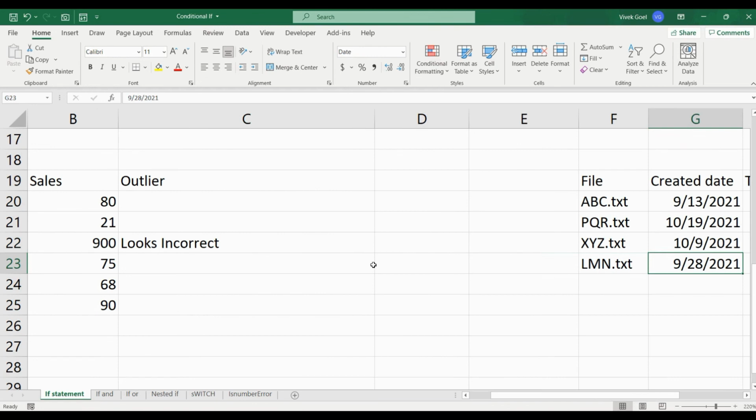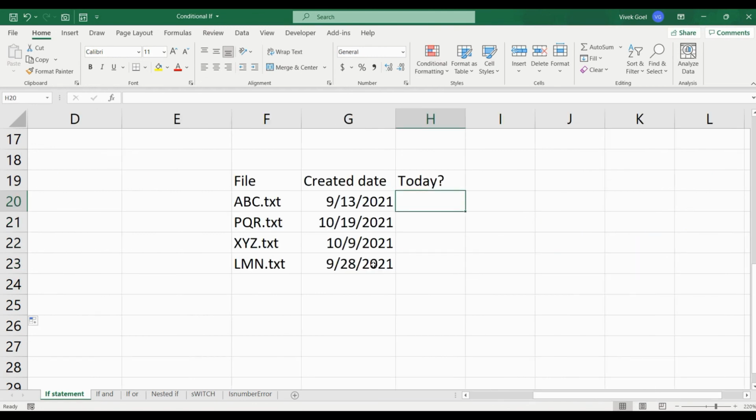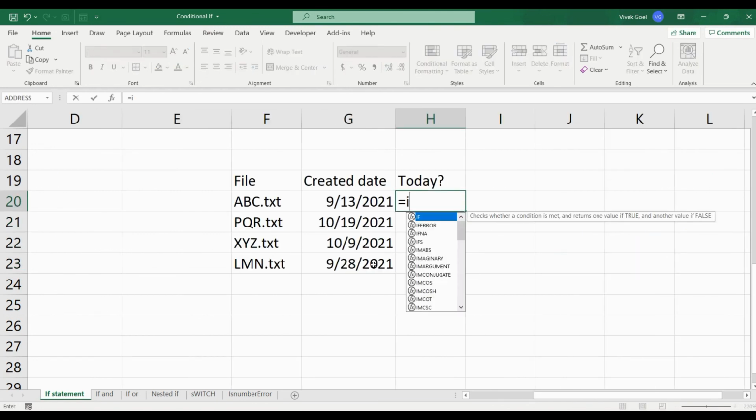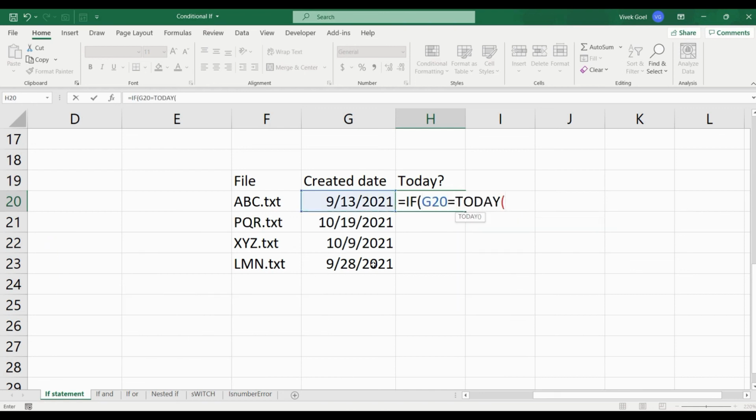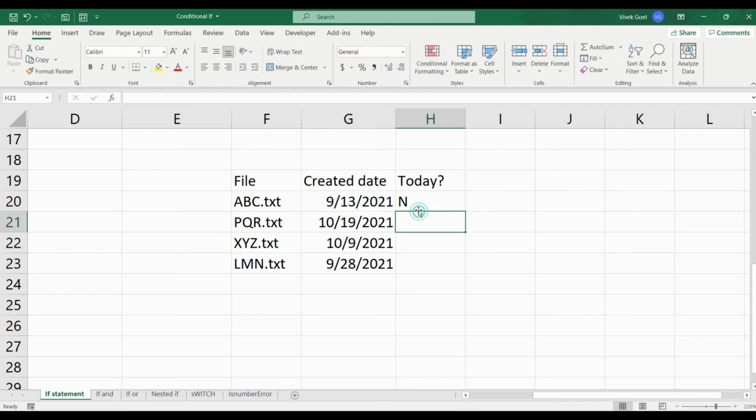Another realistic example is if we want to pick only those files that came in today. If that is the case, we can add y, else we can add n. Hopefully this clarifies all your doubts related to the basic if formula. In the next video, we will discuss nested if clubbed with and or operators, and much more. And I will also leave some practice exercises so you get a better hang of the if function.